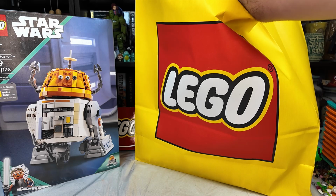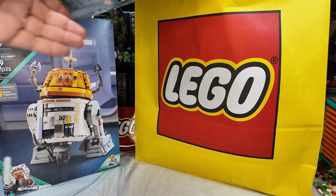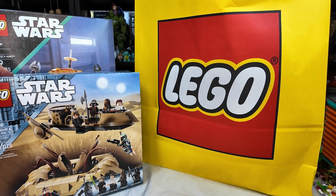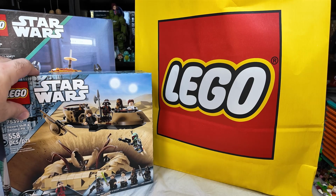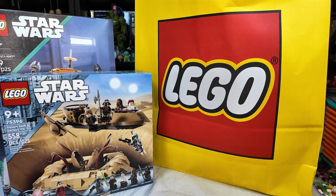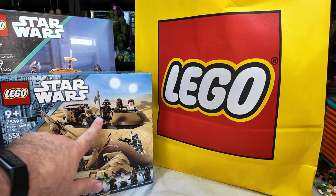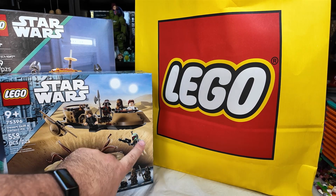But to get to that 160, I did pick up a set that I do arguably think is a little overpriced for what it is, and that is Kit 75396, the Desert Skiff and Sarlacc Pit. Now I have an old Sarlacc Pit, not a re-release. It does have tentacles, but it's a similar and simpler version to this. It's got the beak coming up out of the ground. It's got a skiff, though not nearly as detailed as this one. I don't think it came with Boba Fett. I know it came with Luke,